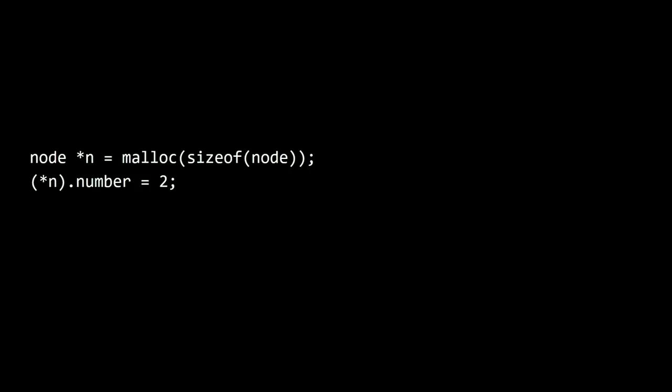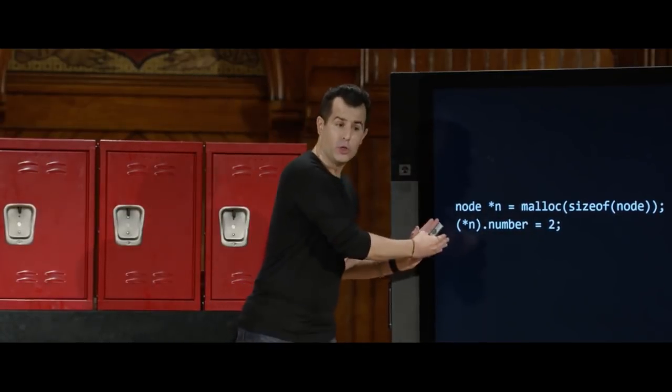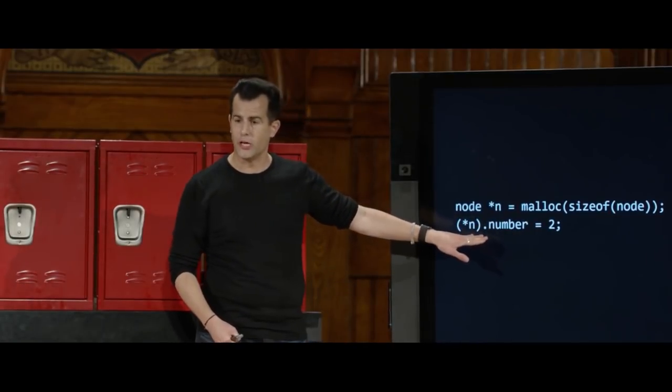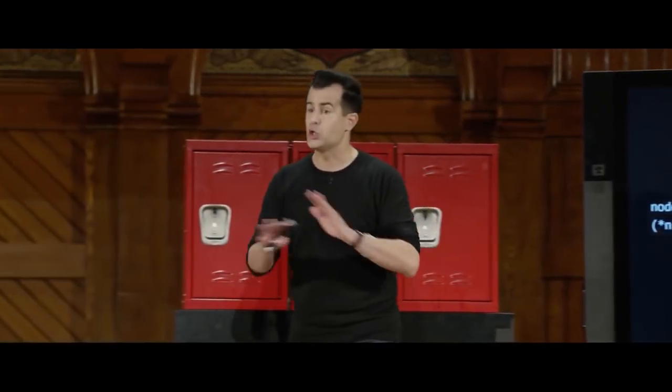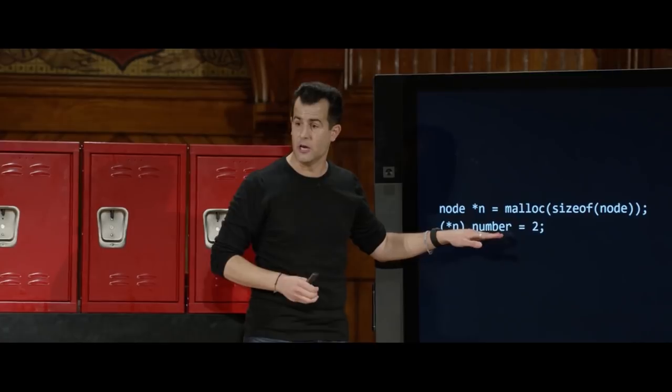Well, star n, we did see last week, just means go there. The parentheses are just necessary for order of operations so that the compiler knows, OK, first go there. And then once you're there, what do you want to get access to? The number field. So you use the same dot notation. So it's super ugly, but it's just doing two different things that we've seen in isolation. Go to the address in n, which is that chunk of memory, and then access the number field and set